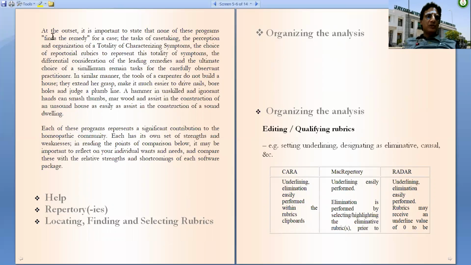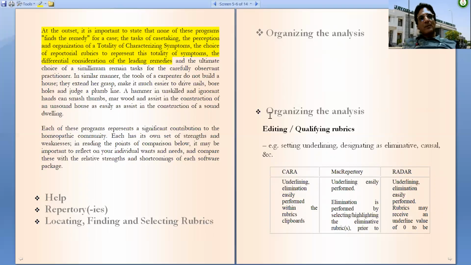But as I have told you, these software never rule out or replace the mind of the practicing physician. It is just a tool to help him select the simillimum.